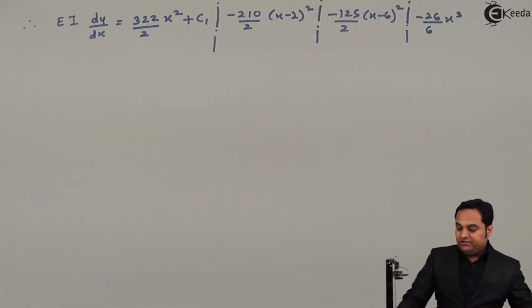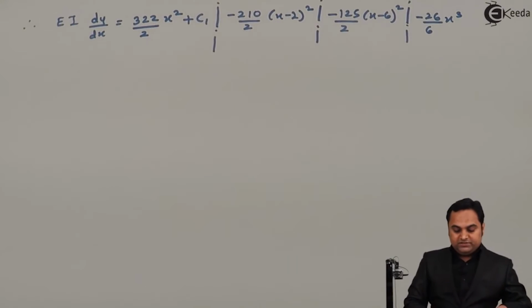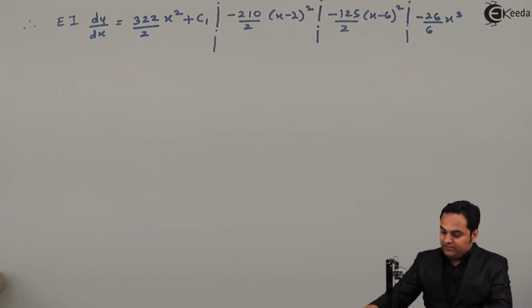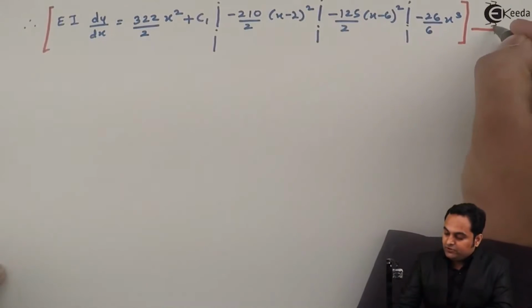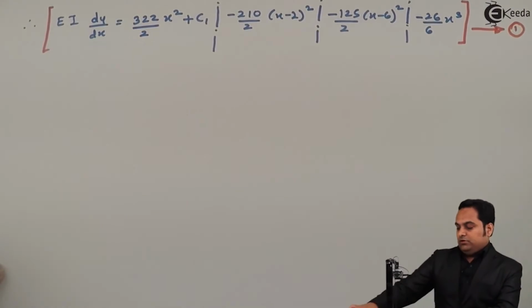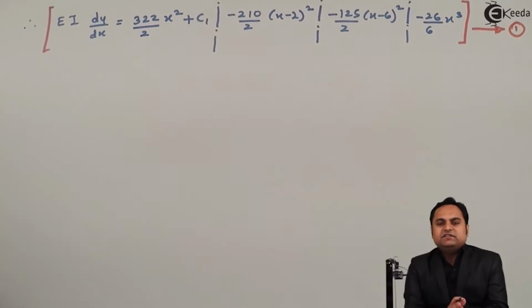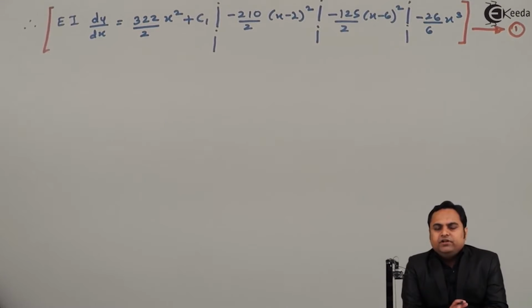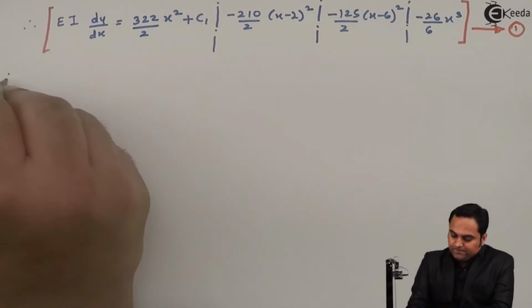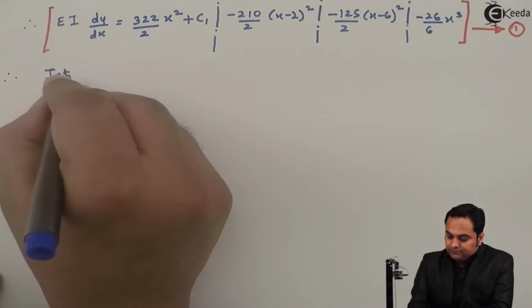Now I have integrated this equation once, and I will call this the first equation. Here I have dy by dx, which is nothing but the slope. Next, we are going to integrate equation number 1 to get the equation of deflection, that is y. So therefore, integrating